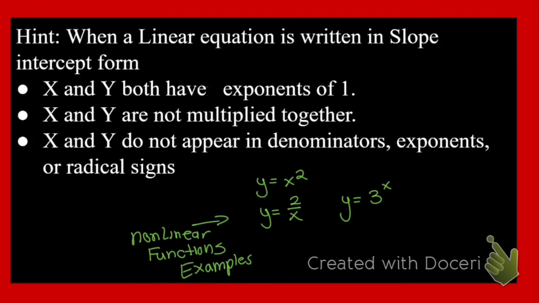Okay, these are non-linear function examples. Another example would be, let's say we have a radical symbol with an x on the inside. You cannot have that symbol there. Okay, now this is just a few of them. It doesn't necessarily mean that these are all the ones you could see, but this is similar. Okay, and it also says you cannot have x and y multiplied together. So you cannot have something similar, let's say, to this,